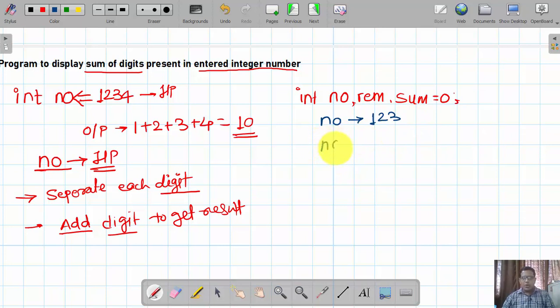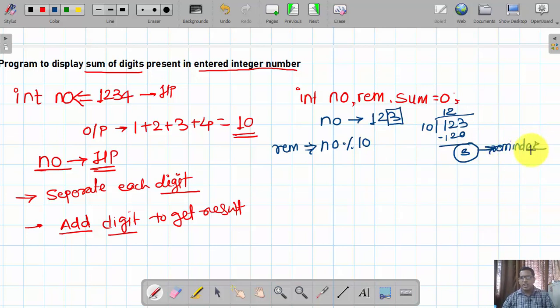So first of all, I am going to find out the remainder of this number, as this number is in decimal, right? So when I deal with the modulo division, 123 mod 10, the quotient value that I am getting is 12, whereas the remainder value is 3, right? And this 3 is nothing but one of the digits present in my number. So in short, we are going to first retrieve the remainder. We are going to extract a remainder from this modulo division operation, and that's why we are using a generalized variable rem.